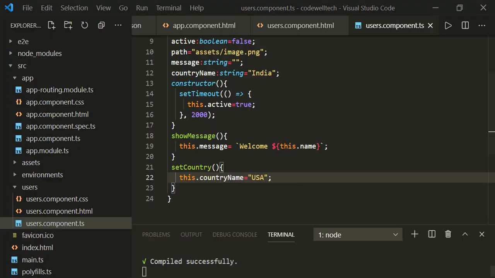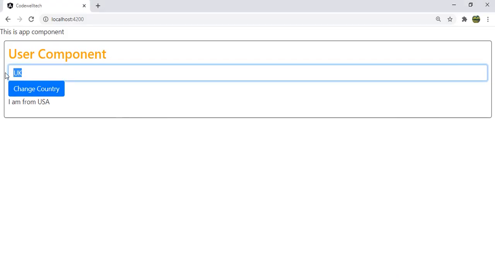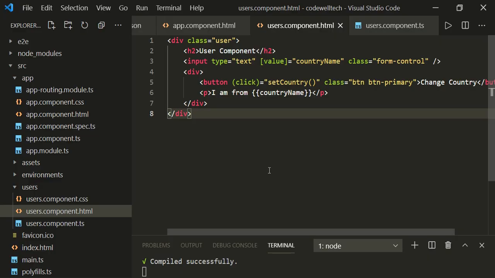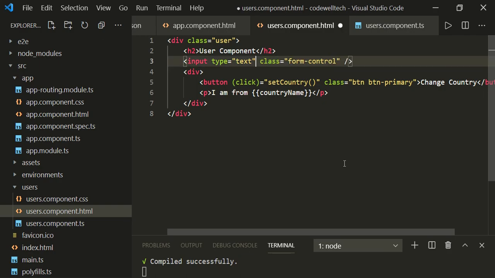Now if you want this value to change always, then we should listen to the change event. To make the binding work, we need to use ngModel. So let's use it: ngModel equal to, and we need to give the value countryName.